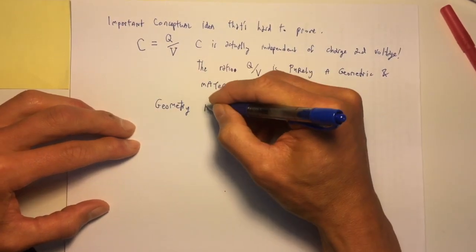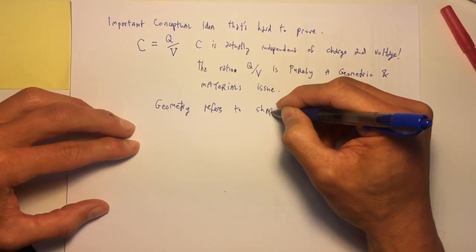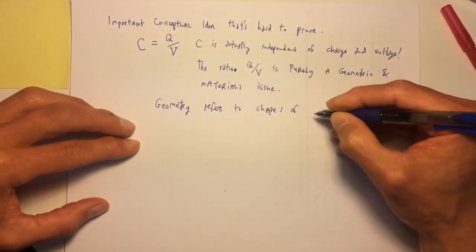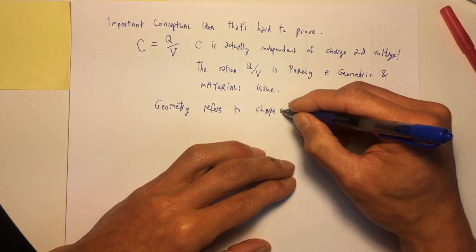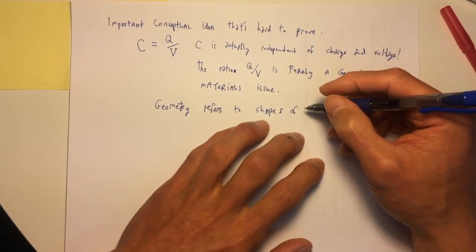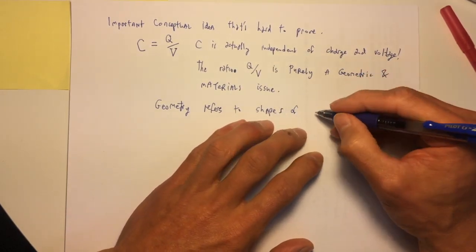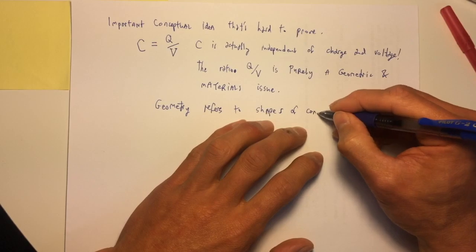Geometry refers to the shapes of conductors, such as cylinders, spheres, planes, or lumps. You have to precisely describe the lumps. But geometry refers to the shapes of the conductors